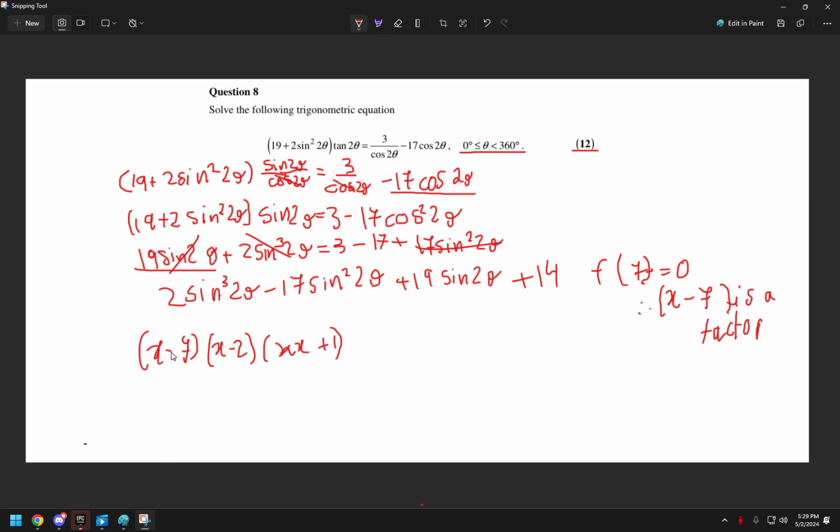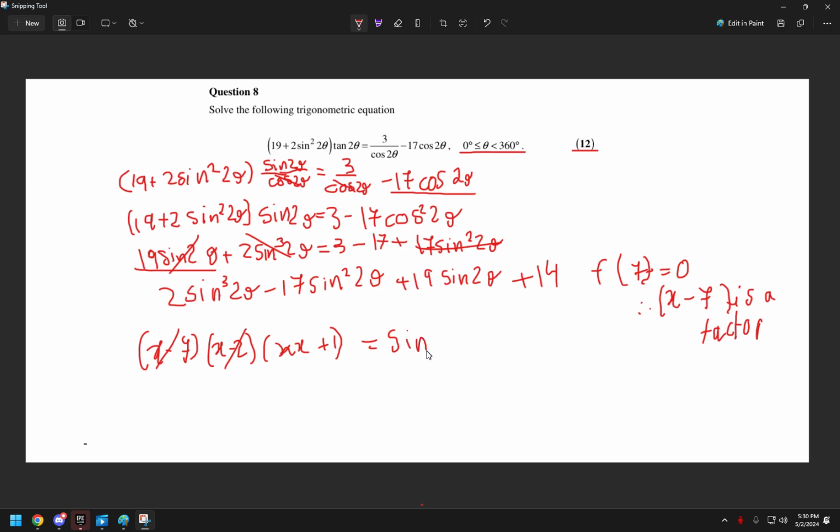Now arc sine of 7 is not possible. Arc sine of 2 is not possible because the limits of a sine graph go up to 1 and negative 1. So your only value that would be possible is